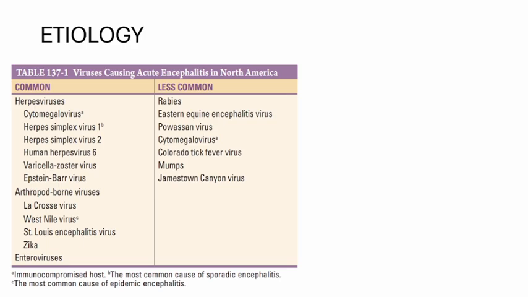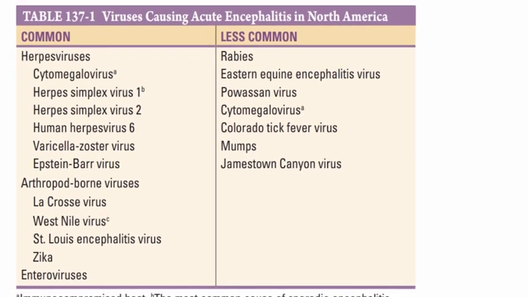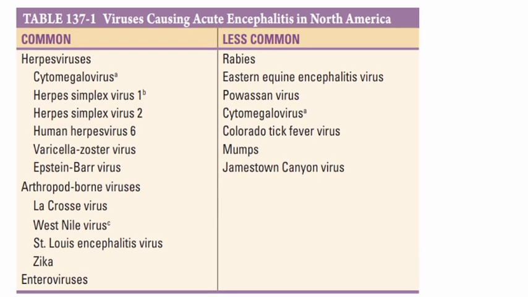Etiology: what is the etiology of encephalitis? Let me make it a little bigger. We have to remember a few of these important points. The common causes of acute encephalitis are herpes viruses, right? Can be arboviruses like West Nile virus, can be enteroviruses. These are the less common viruses. You can remember or you cannot remember. It is totally up to you. But you must never forget